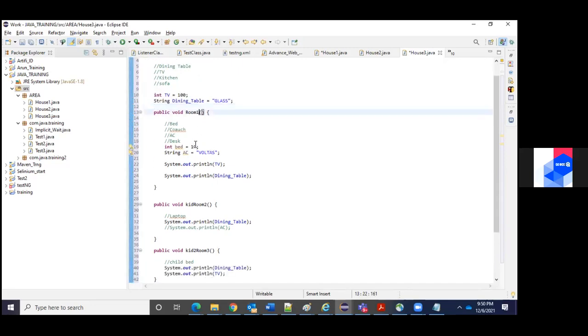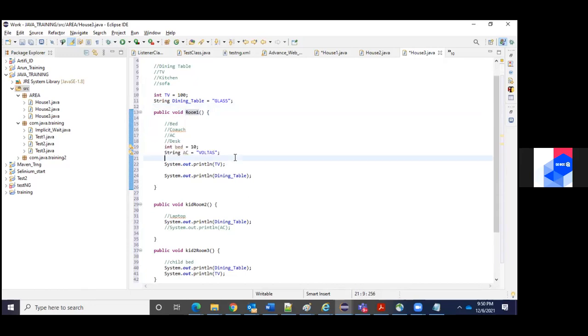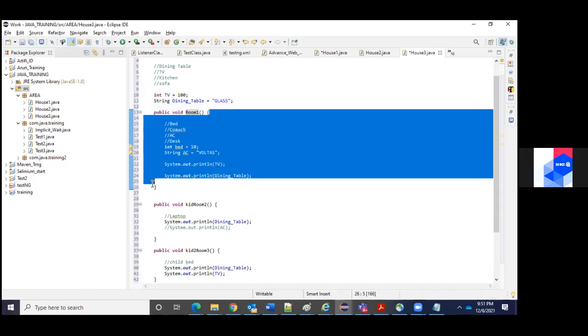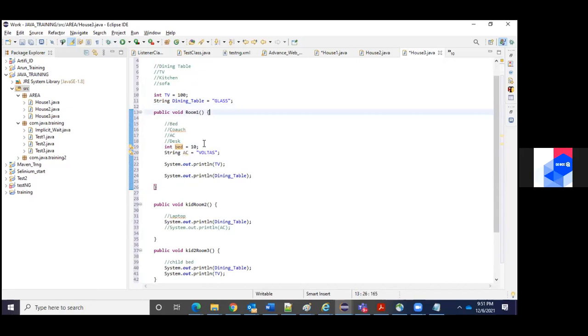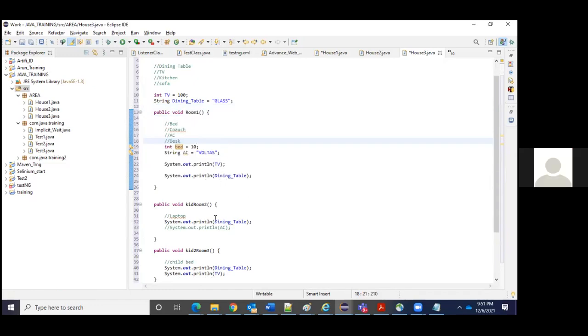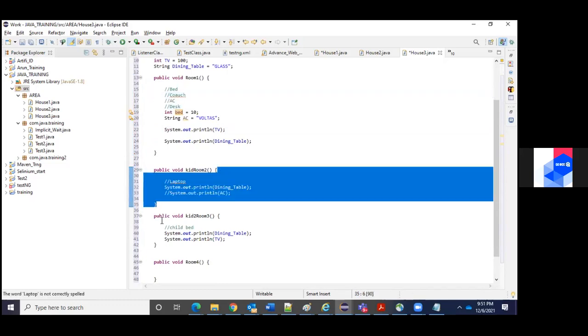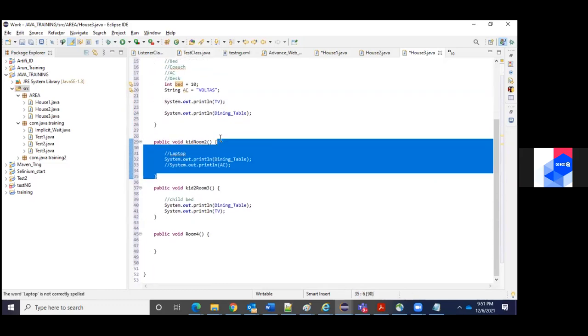And if you declare anything inside the room, only the people who live in this one can access it. It means the living area of this variable is from the start to here, and that's it. Got it? Clear? Yes, sir. So that's the point here. You need to make it very understandable by correlating with our generalized day-to-day life activity.